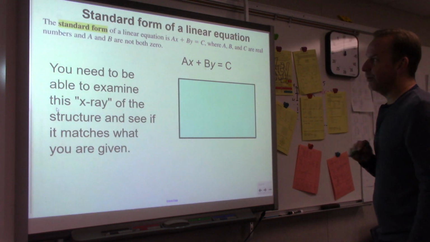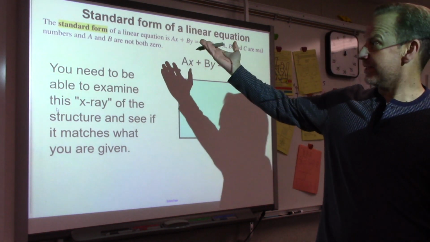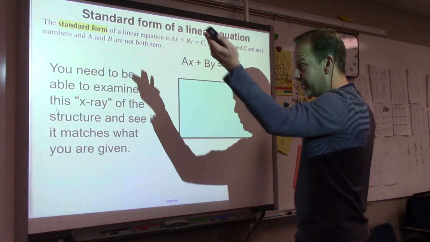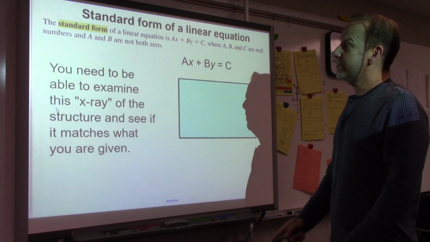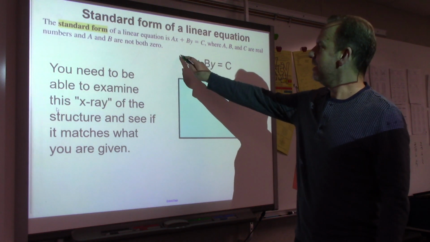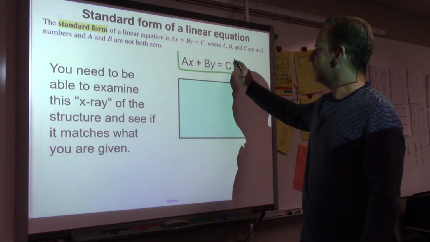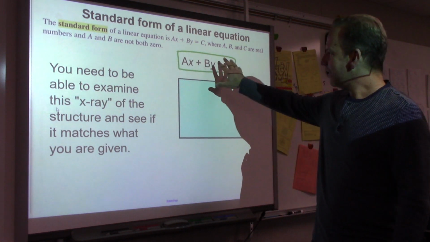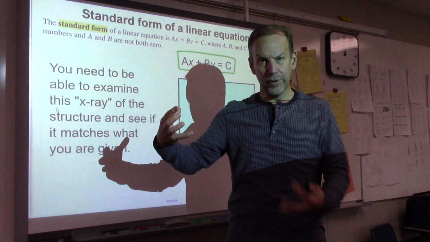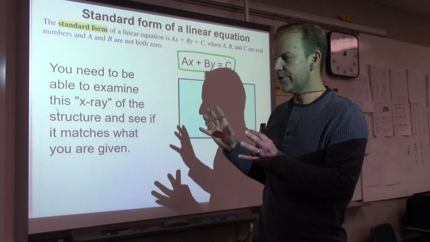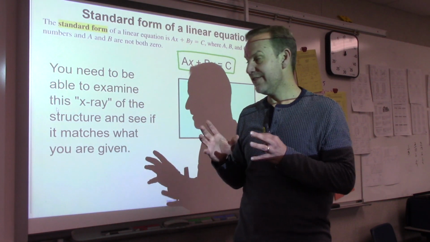All right, so today's topic is the standard form of a linear equation. As it says in pretty much any textbook that you would come to, the standard form of a linear equation is this form, ax plus by equals c. I wrote it a little bit bigger here so that you can see it. What you're doing is thinking about that in math class, when it's a generic formula like that, as being an x-ray, right? So you're looking at the x-ray of the structure